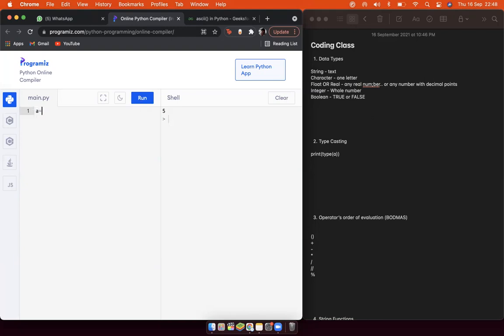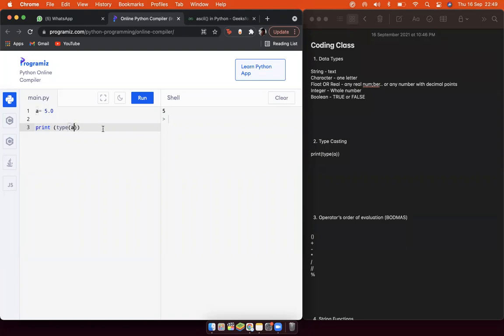So now let's check the typecasting. We have written a equals 5.0. Can anyone tell me what the data type of this variable is? Float. Okay. To get an output that will tell us what data type it is, there is a function called print, and then you put a bracket, write type, put another bracket, and write a.